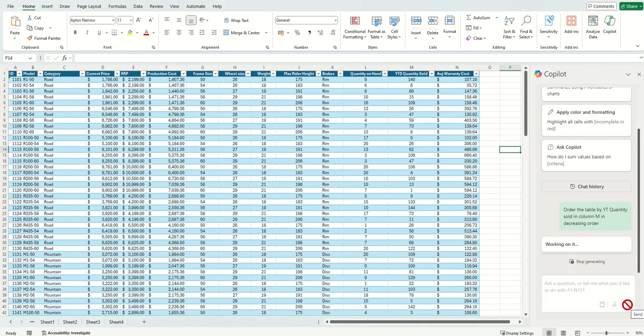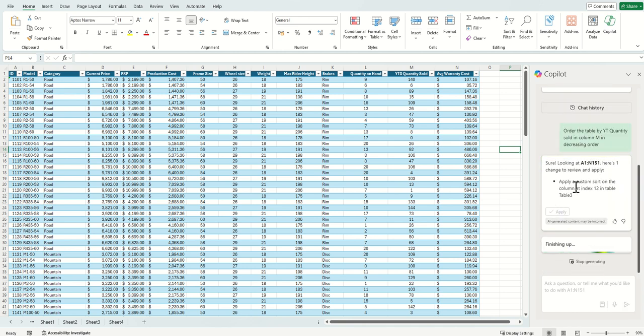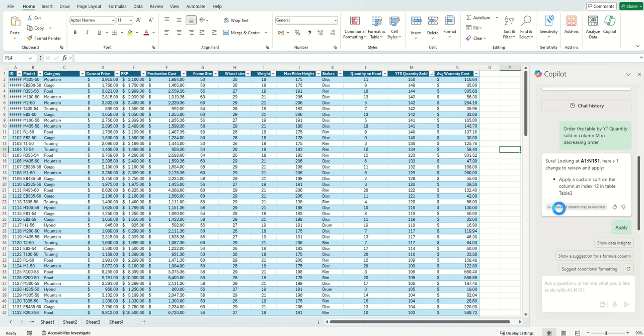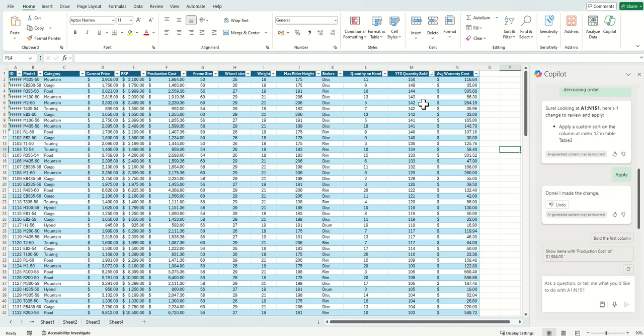And what this is then going to do is it's going to come back and ask me, is this what I meant? Apply a custom sort on the column at index 12 in table 3. So basically it's summarized what I wanted to do and it's got the range of the table for me automatically. All I need to do is click on apply and then watch now what will happen. It automatically will apply that sort for me. So now I can see across the top, from the very top, the amount of different types of bikes that